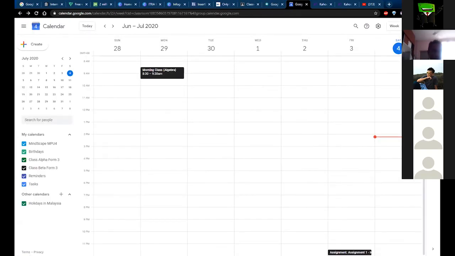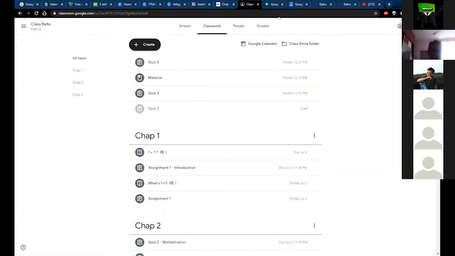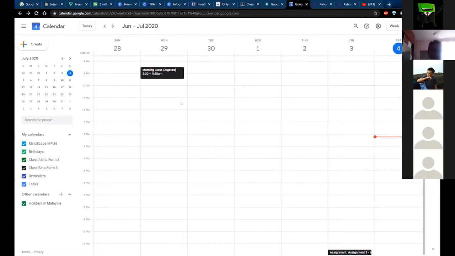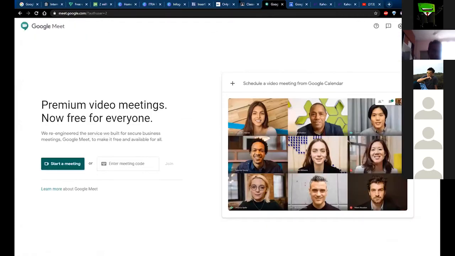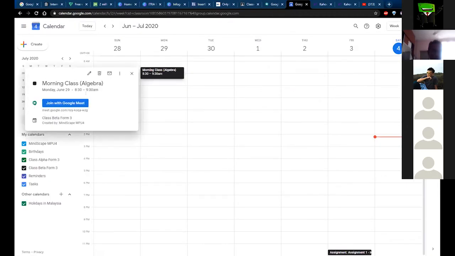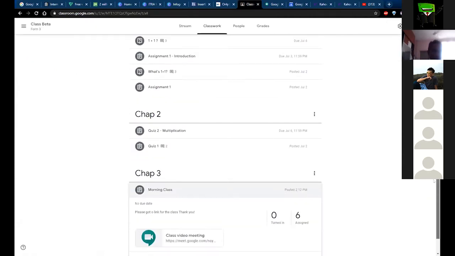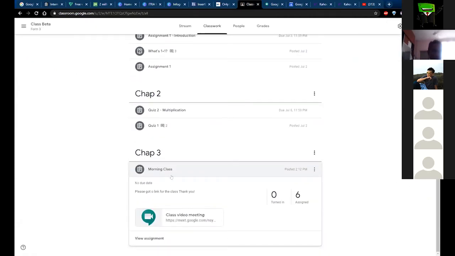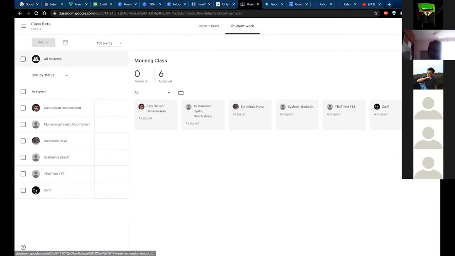So you can do that directly within Google Classroom. Just classwork, go to Google Calendar. When you open Calendar, you just pick any date you want, anytime, and just assign it to a specific class, and then you're good to go. When you assign it to a specific class, the students within the class will automatically receive an email notifying them that there's an assignment assigned for morning class on that day. So when they click on it, okay, let's change view here.